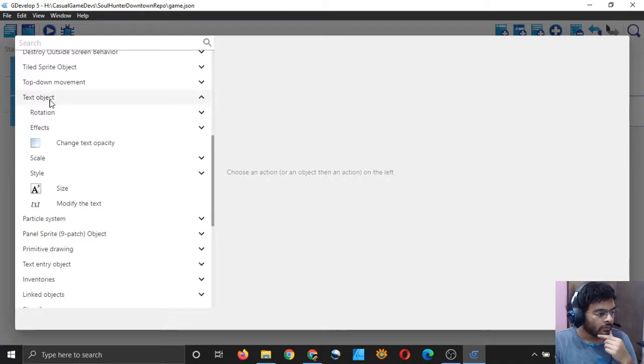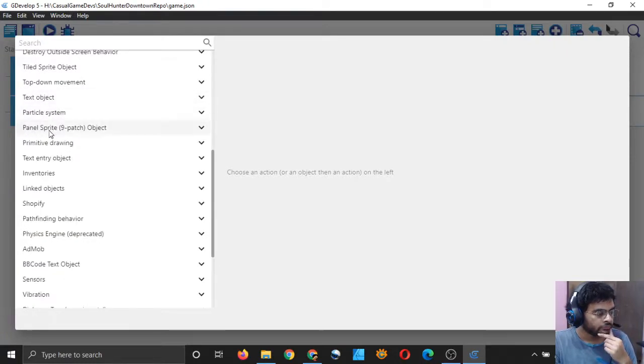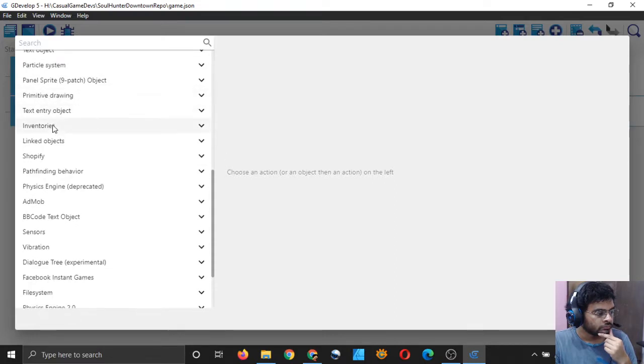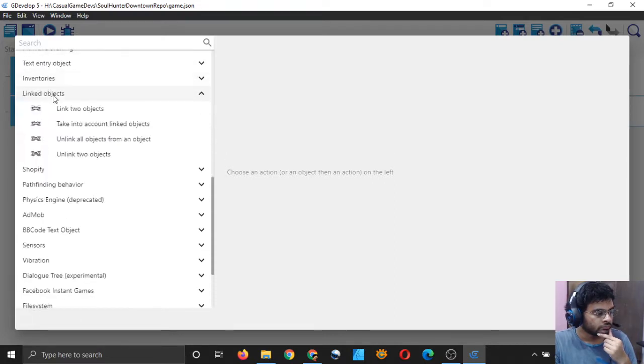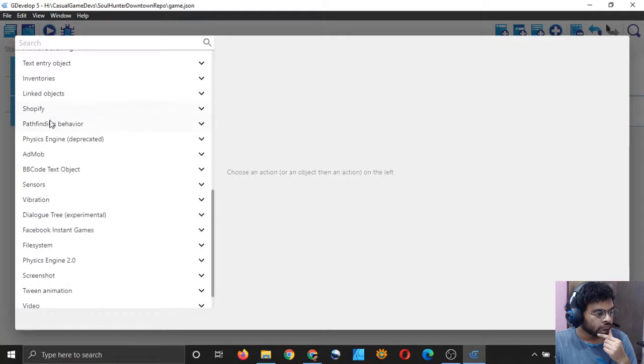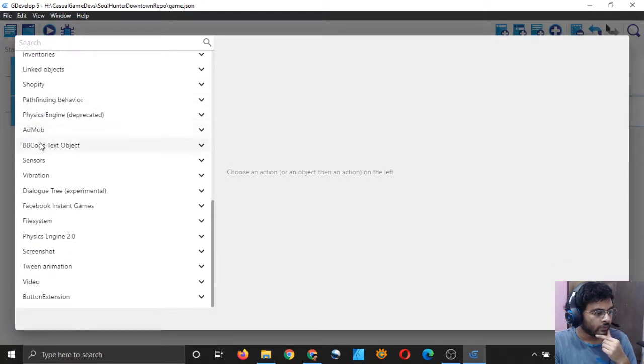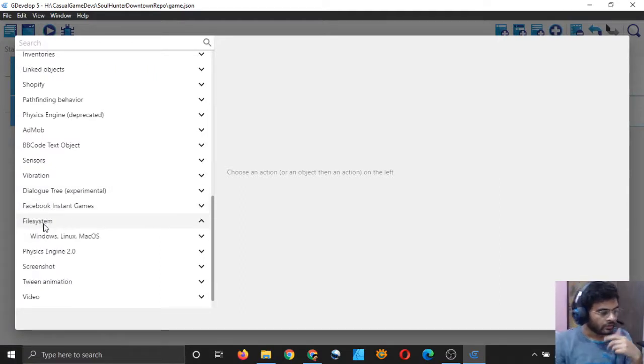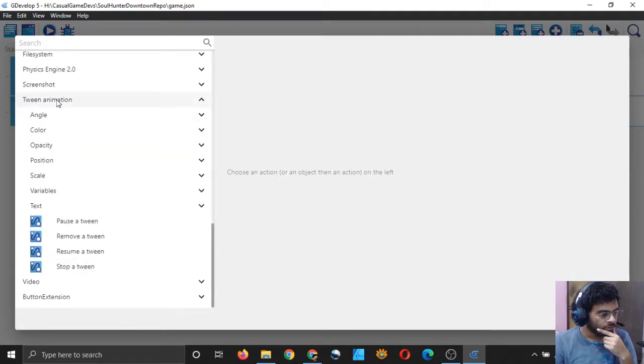In text object, no. Shopify, physics engine, add mob, BB code, sensors, vibration, no. Dialog tree is experimental. Facebook instant games, file system, no. Physics engine, screenshot, tween animation, no.